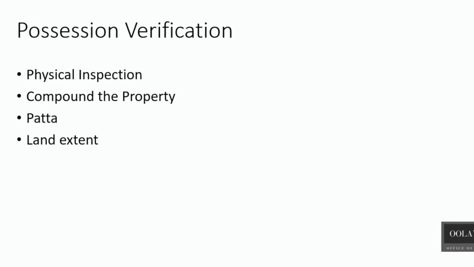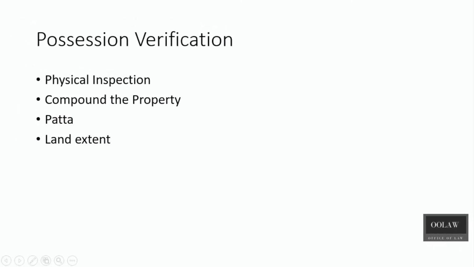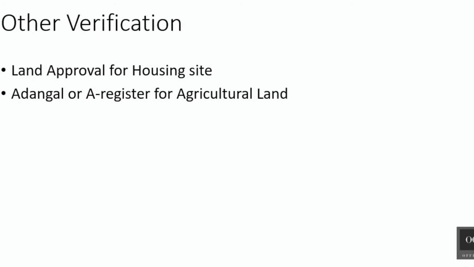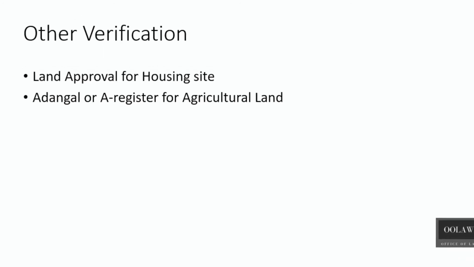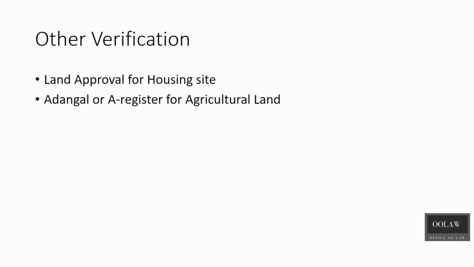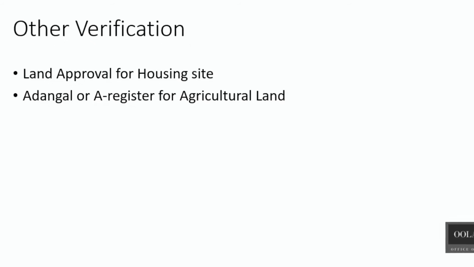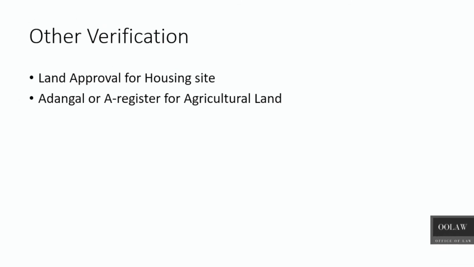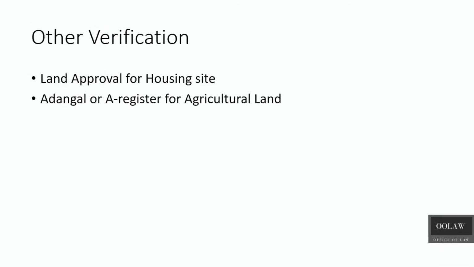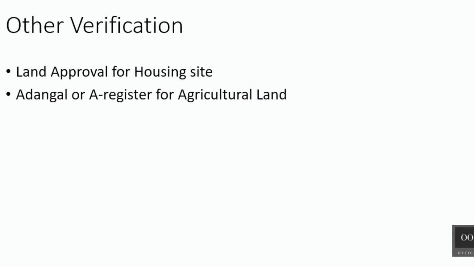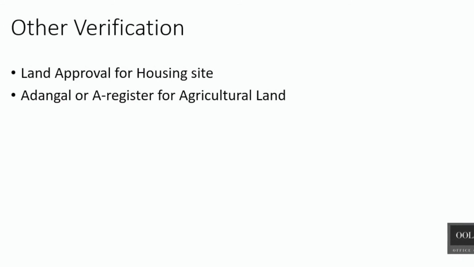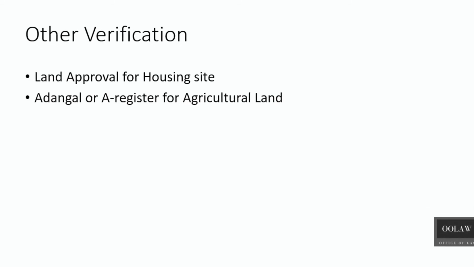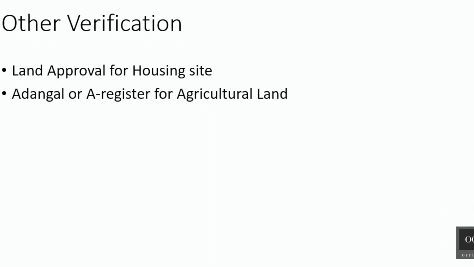If you are buying a land as a housing site in a layout, then you have to verify whether the layout is approved by the concerned authority, and a separate layout sketch and approval number will be given. You have to insist your vendor to produce the layout sketch and approval details before purchasing the land.